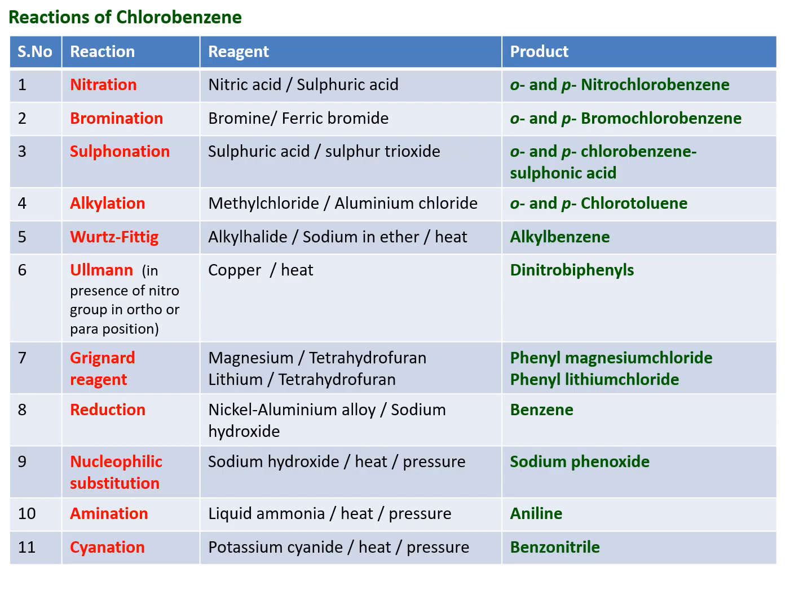A few reactions of chlorobenzene are listed here. Under nitration, bromination, sulfonation or alkylation, the products obtained from chlorobenzene are ortho and para substituted compounds. For example, under nitration using nitric acid and sulfuric acid, the products obtained are ortho-nitrochlorobenzene and para-nitrochlorobenzene. Similarly, using the reagent bromine and ferric bromide, bromination takes place at the ortho and para positions, so the products obtained are